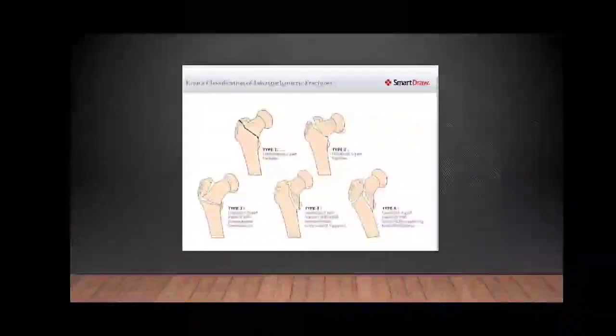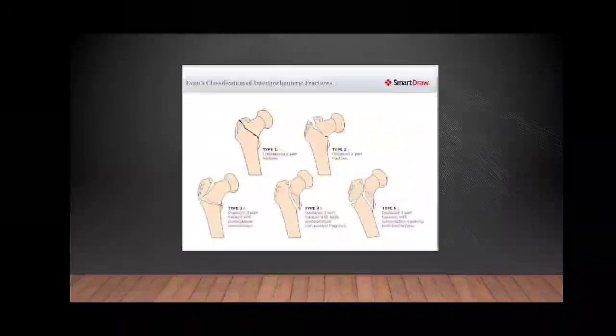So how we classify intertrochanteric fractures is, type 1 is an undisplaced two-part fracture. You can see two parts of the bone, one is the proximal fracture fragment and the other is the distal fragment. Type 2 is a displaced two-part fracture. Type 3 is a three-part fracture with posterolateral comminution. We see a separate piece of greater trochanter, proximal fragment and a shaft distal fragment. Type 4 is a displaced three-part fracture with a large posteromedial comminuted fragment.